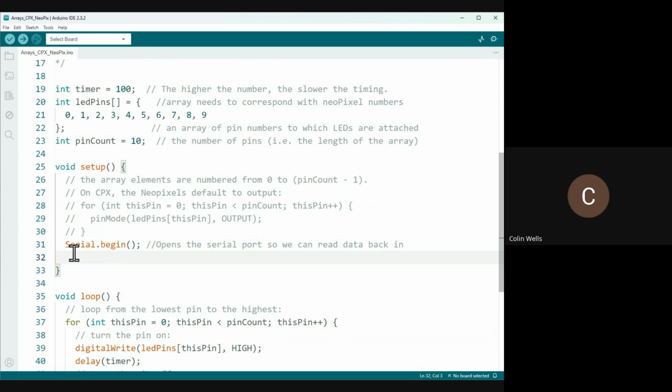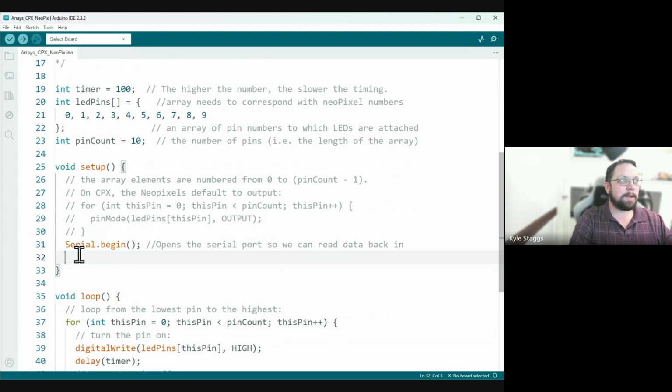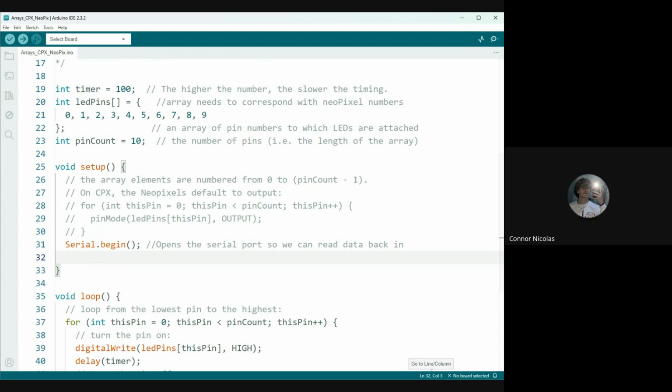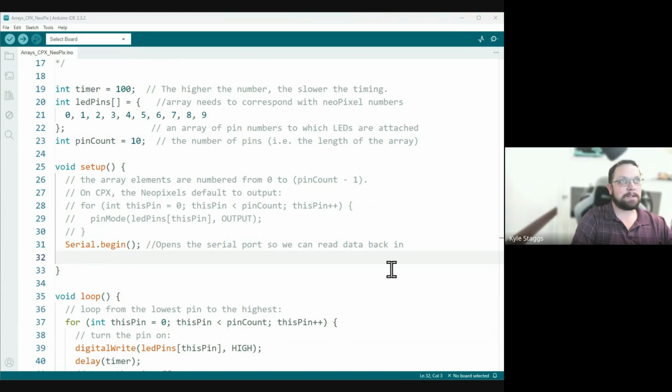Do we have to set the pin mode? Nope, not quite. We don't have to set the pin mode. One of them, the circuit library? You have to initialize that. Yes. So we need these two